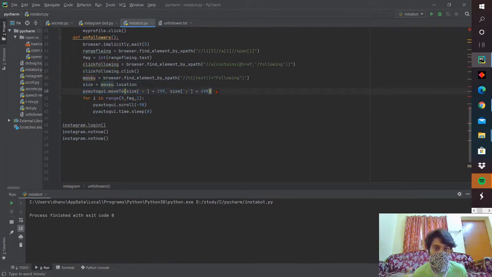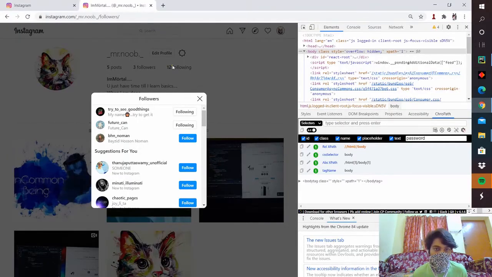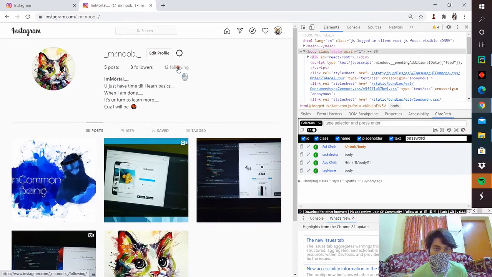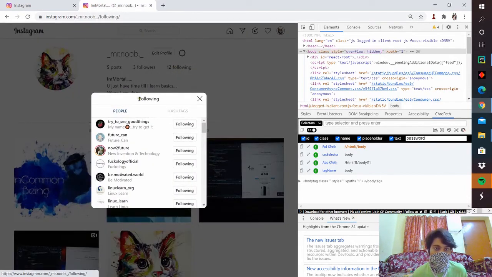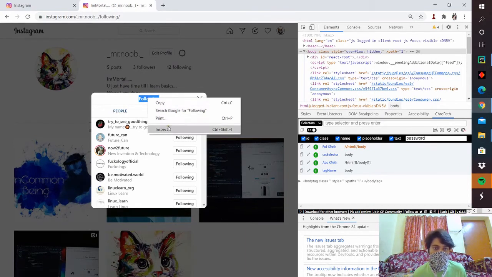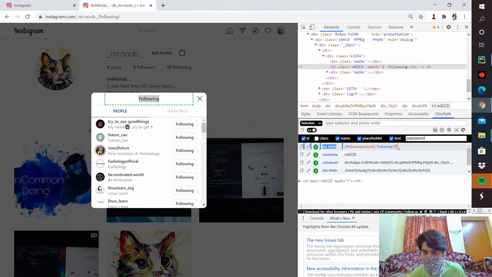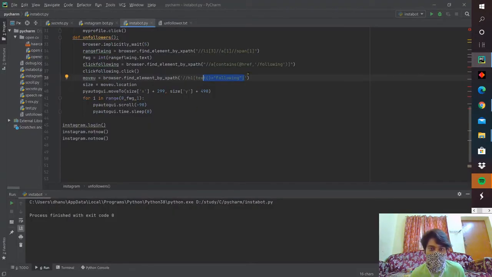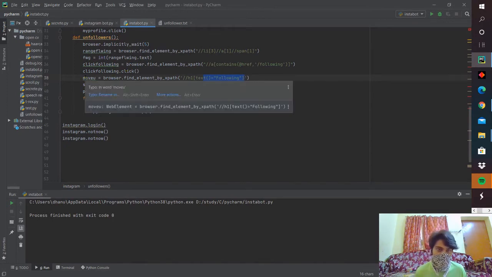Okay, so after clicking on following, you just need to identify where the other following is. So try to right click on it, go to inspect, so you can see the exact same XPath is being obtained. So try to feed the XPath over there. So now your computer knows where the content following is.